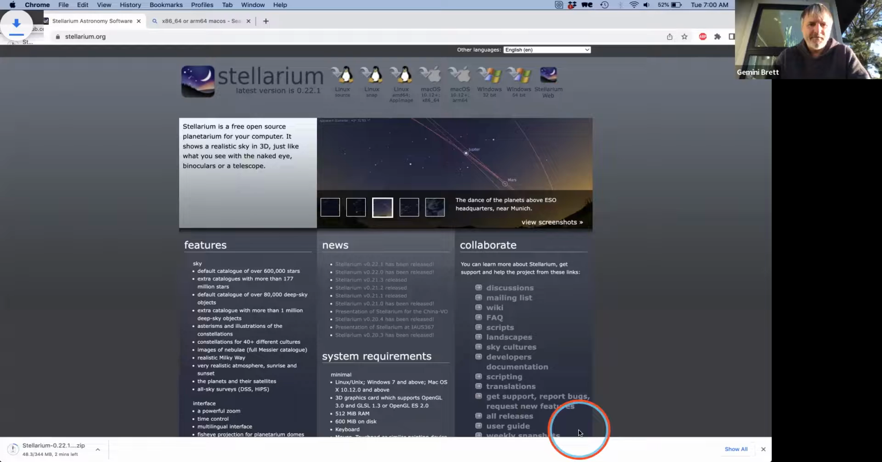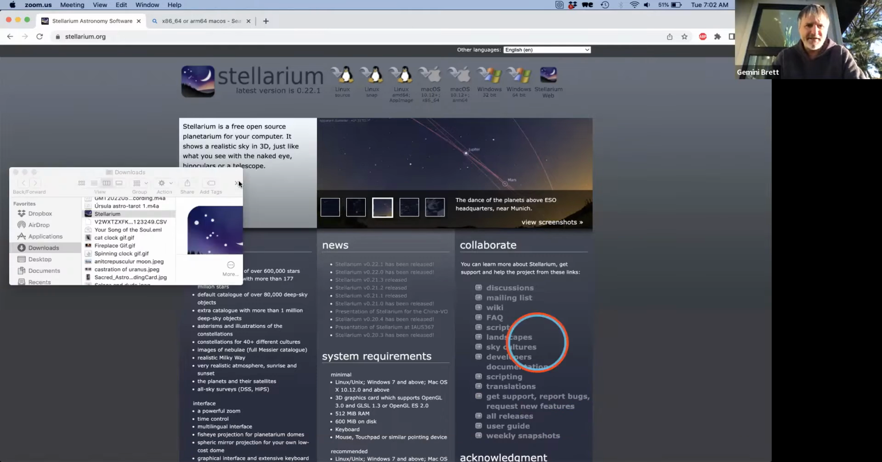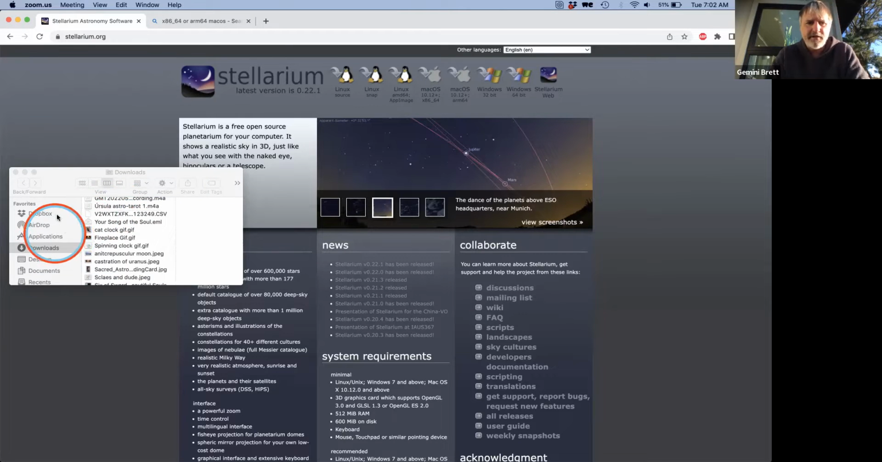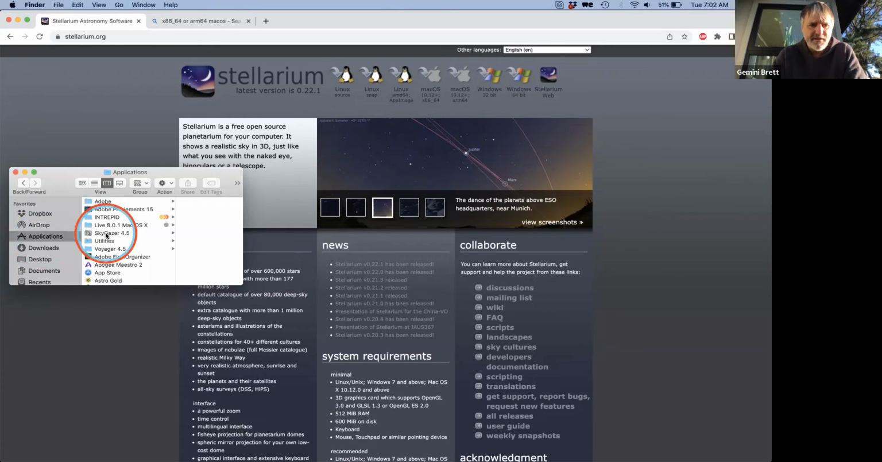Okay, my download is complete, and it downloaded a zip, and then my computer just instantly unzipped it, and now here in my downloads I find this Stellarium. So I'm going to drag that into my applications here on the Mac OS, and then go to my applications and